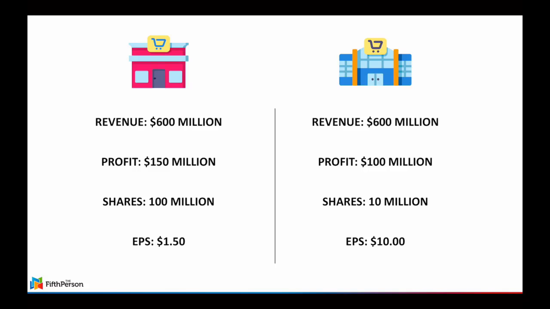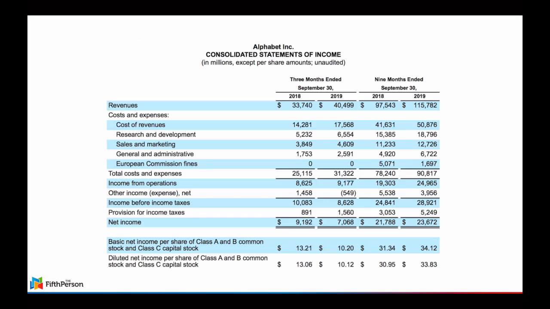In general, a higher earnings per share is always better than a lower earnings per share. So the question now is, where can you obtain the earnings per share from? One of the most common places is the 10-K report, or the annual report, of the company. Right now I'm showing you the annual report, or 10-K report, of Alphabet, which is the parent company of Google. Under the income statement, you can see that they have the net income of